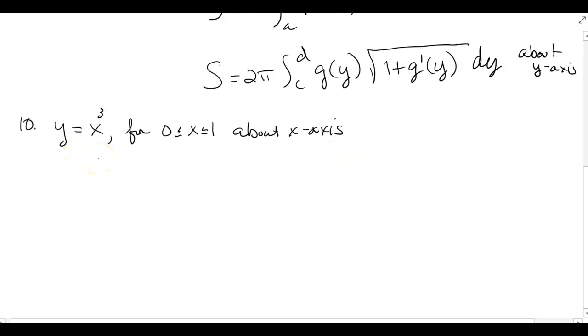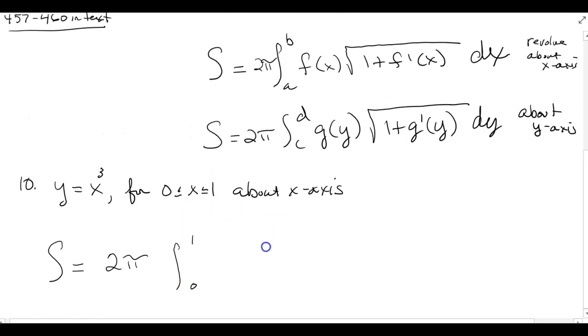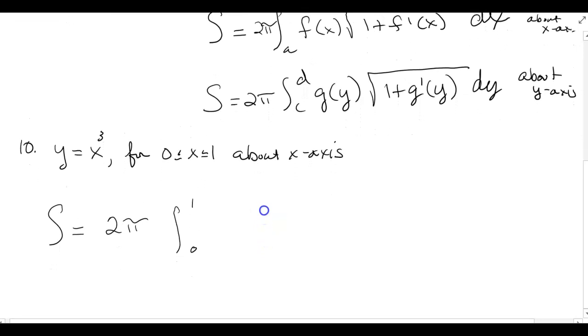So we're good to go ahead and just get started with this one. That gives us surface area equals 2 pi integral from 0 to 1. And remember, we're using the x one, which is right there, of x cubed